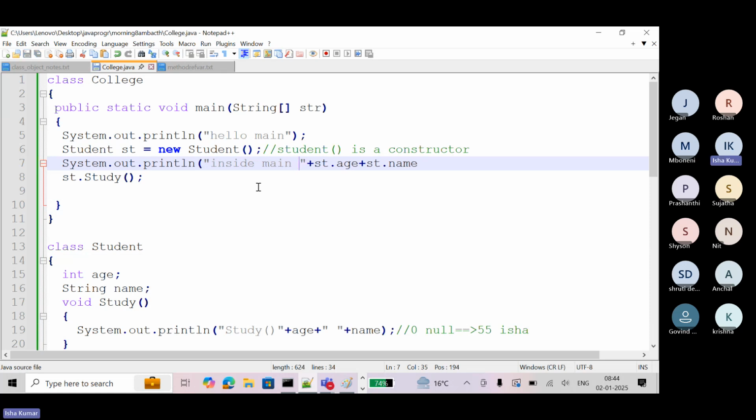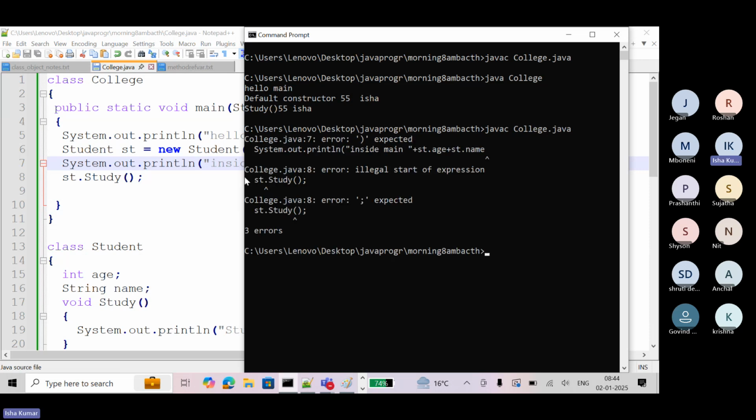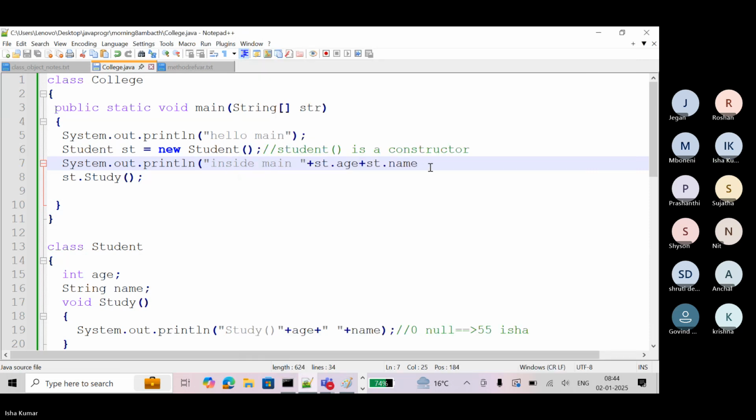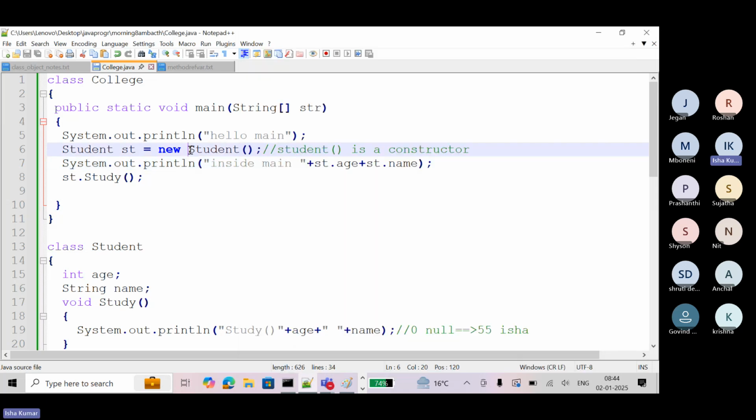Run this. Some error is there; I have missed the semicolon and bracket. See, inside main also we get 55 ISA, which means this line gets executed. So whatever value you have given inside the constructor,